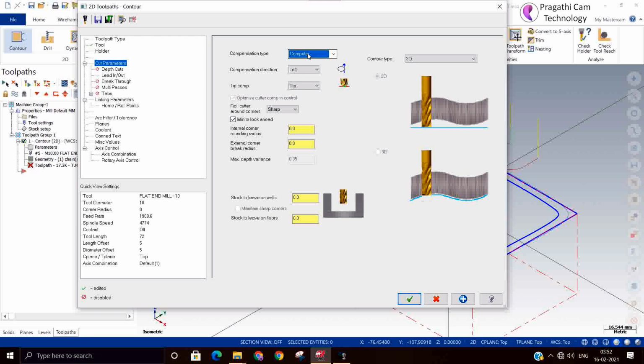We can make a separate video for cutter compensation. In this class, we will concentrate only on this type of contour machining. So I kept 2D and the compensation in computer, with compensation left. Let it be. We will see.